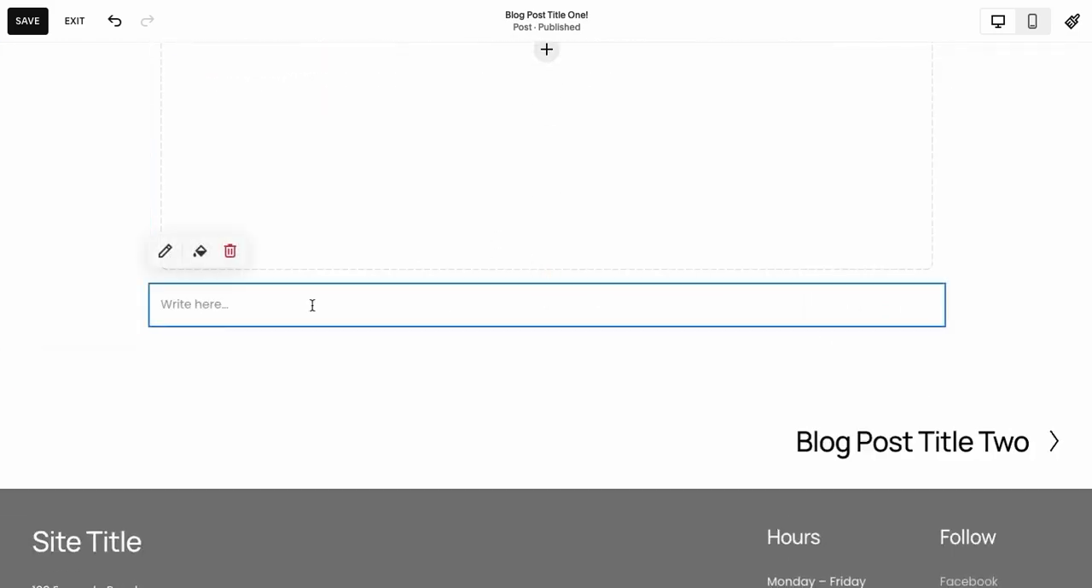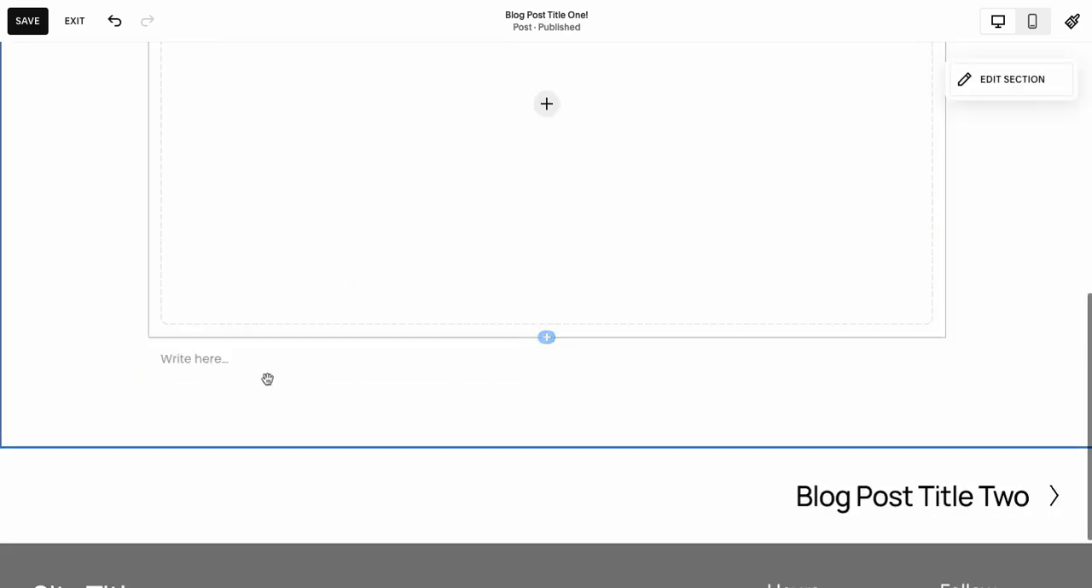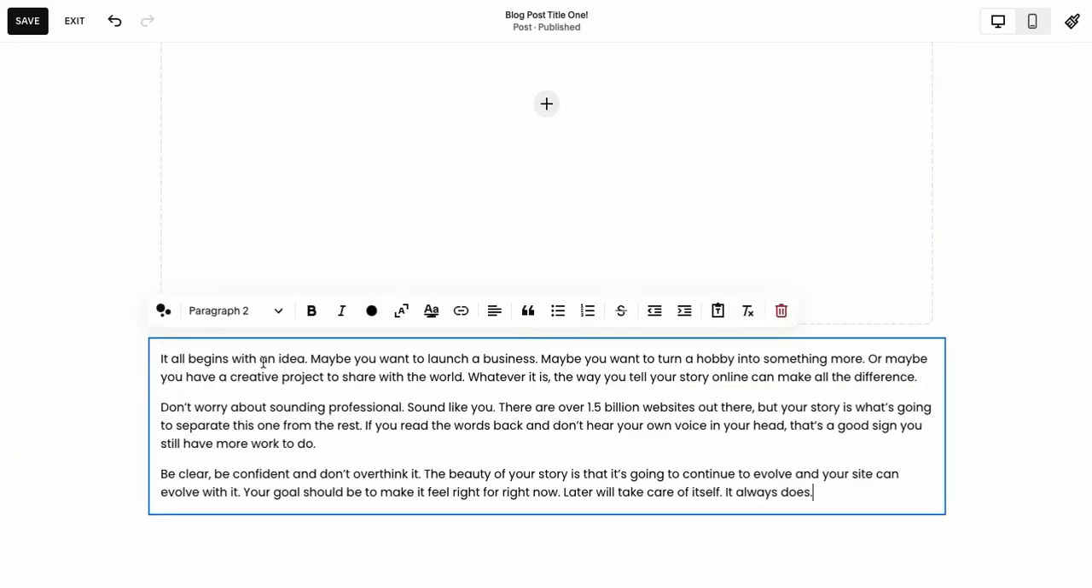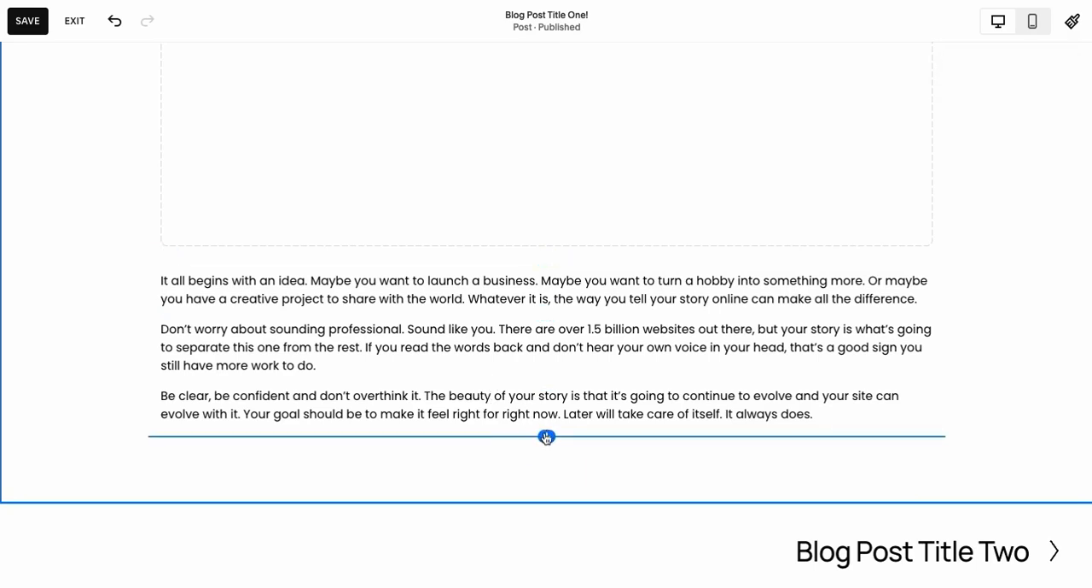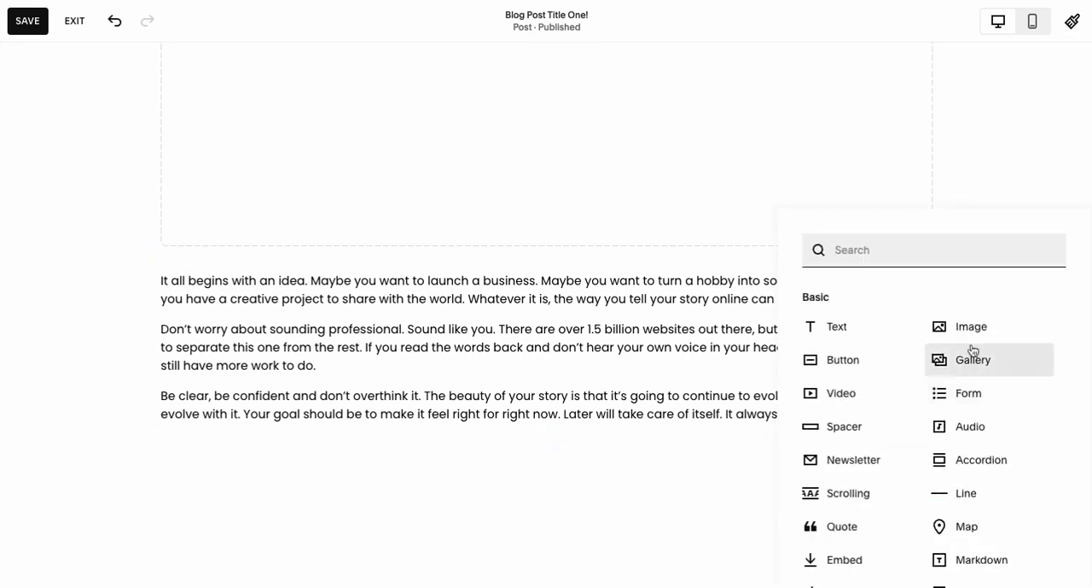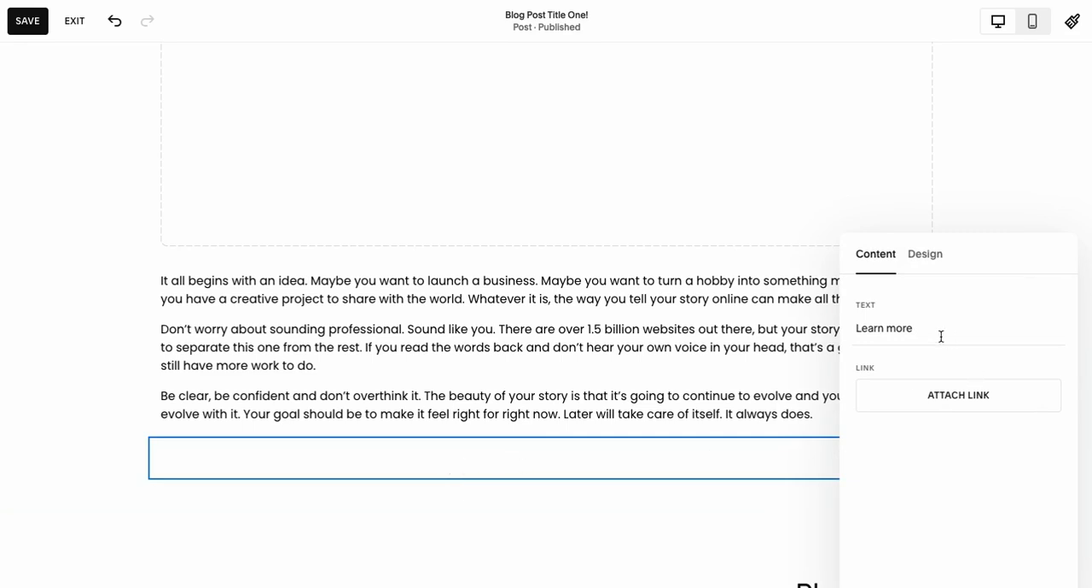Then I might add some more text. And for this example, let's just copy and paste something. But then let's say I wanted to get a bit more creative. So I wanted to make something 2 columns. So what I can do is I can then add a block and then let's go with a button. So I've got my button here,